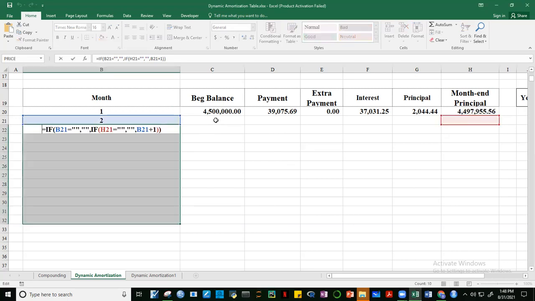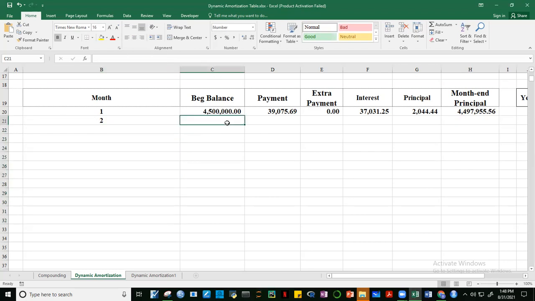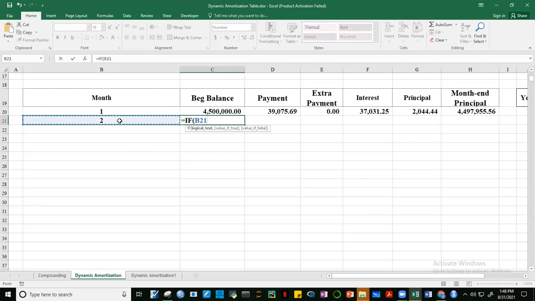So what will be our beginning balance? So ang beginning balance natin will be, dapat ganun din, guys. Pero i-base natin dito. If this one is equal to nothing, give me nothing. So kung wala ng month dito, guys, dapat wala ng beginning balance. Kasi ibig sabihin nun, kung wala ng month dito, ibig sabihin wala na tayong previous month and principal. So wala na tayong beginning balance na pag-uusapan. Okay? Otherwise, guys, kung may month siya dito, ano yung beginning balance natin? That would be equal to,